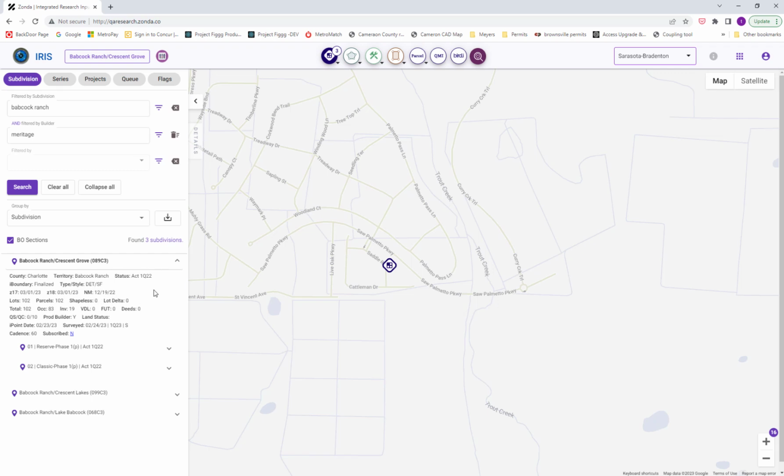It gives me a lot count and a quick look at the number of parcels that have been assigned to the subdivision, or if I have a lot delta and need to do some work in creating user lots, the high-level profile, does it have any production builders in the subdivision, and the last time it was surveyed,